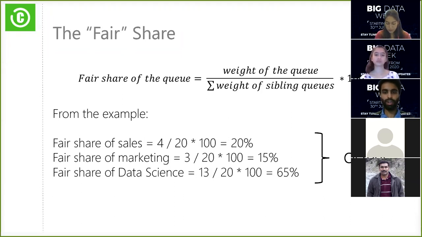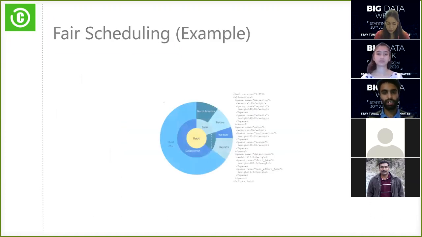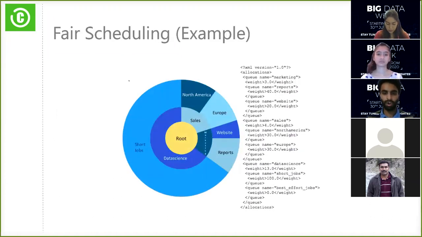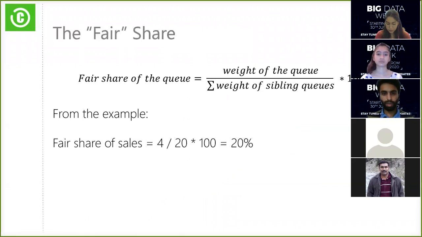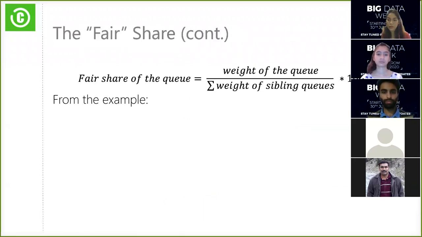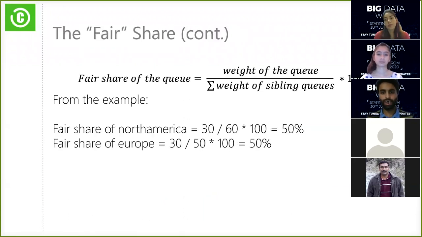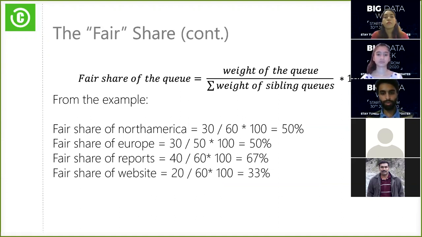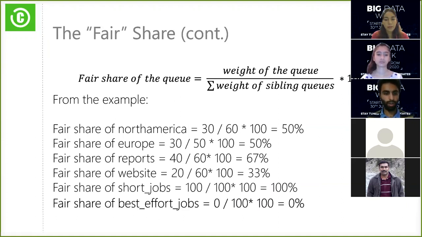नेक्स्ट हम आते हैं, हमारा स्ट्रक्चर सिर्फ इतना नहीं था, इसमें नेक्स्ट लेवल ऑफ चिल्ड्रन भी थे, तो अब हम उनके लिए भी सेम एग्जैक्ट फॉर्मूला लगाएंगे। फ्रॉम द एग्जांपल हमने सेल्स के अंदर से दोनों क्यूज को निकाला, नॉर्थ अमेरिका और यूरोप, और इनके हमने फेयर शेयर्स कैलकुलेट किए हैं, दोनों के 50% आए हैं। रिपोर्ट्स और वेबसाइट मार्केटिंग से डिसेंड करती हैं, 67 और 33%, और शॉर्ट जॉब्स के 100% और बेस्ट एफर्ट जॉब्स का 0% होता है।